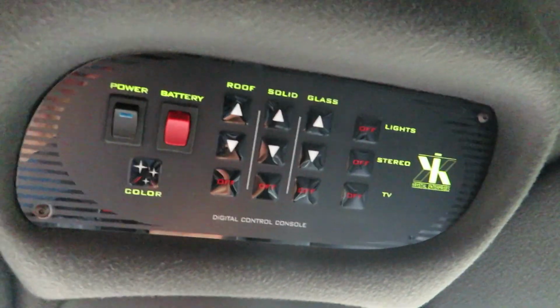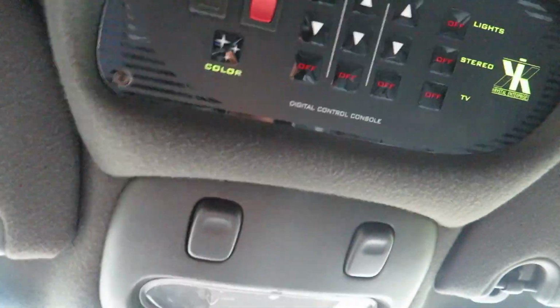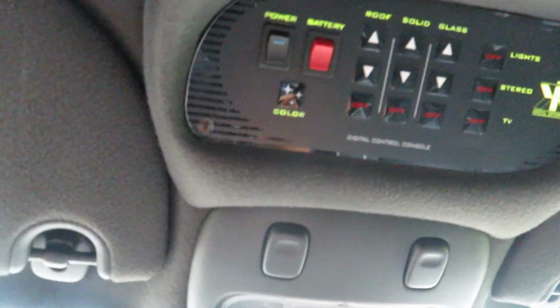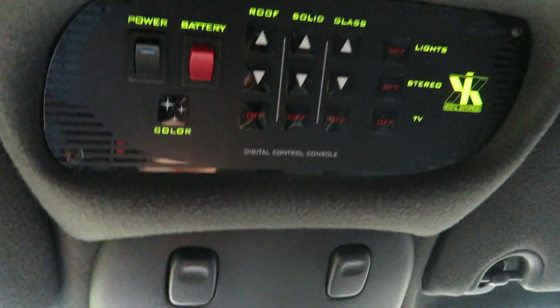That's the battery disconnect up here. So what you have in the back, you also kind of have in the front. The red is the battery disconnect for the back. The other red is the battery jump start from the second battery. I don't have a sunroof, I do have the solid roof, I don't have the glass. I have the lights, the stereo, the TV. All of that you can turn off, just in case you don't want anybody using or touching it back there. I'm not sure why you would want to turn a lot of that off, but